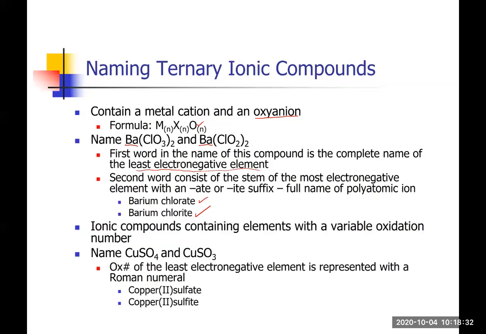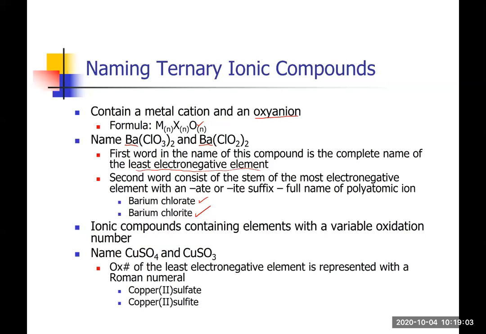There are compounds in which we have variable oxidation number because we include transition metals, and barium is a representative metal. And so barium is always going to have the +2 charge because it's an alkaline earth metal. But with copper, we can have a variation of oxidation state. So when we're naming this compound, we need to say in parentheses using Roman numerals what that oxidation state is